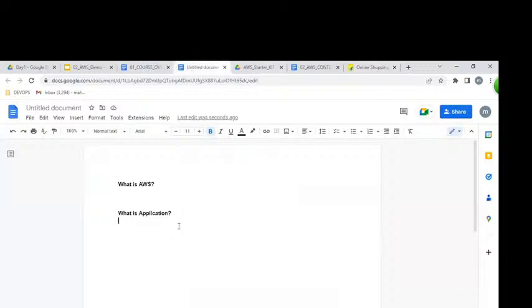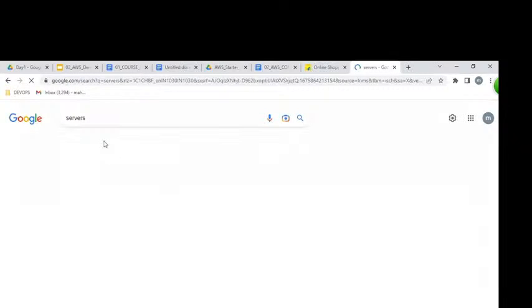An application is working software written in any programming language like Java, .NET, Python. That application is placed on servers, on hundreds of servers.